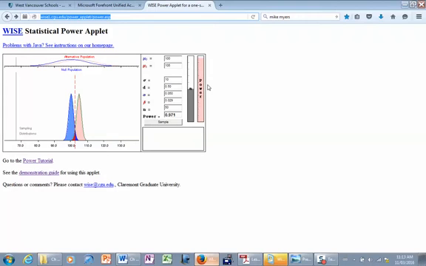So what's happened here? The power has gone way up. It was at 0.639. It's now at 0.971. The D has stayed the same at 0.5. Alpha stayed the same all along, but beta and power have changed. So power has gone way up when we make our sample size larger. So why is that? Well, what you can see is with that distance, the spread